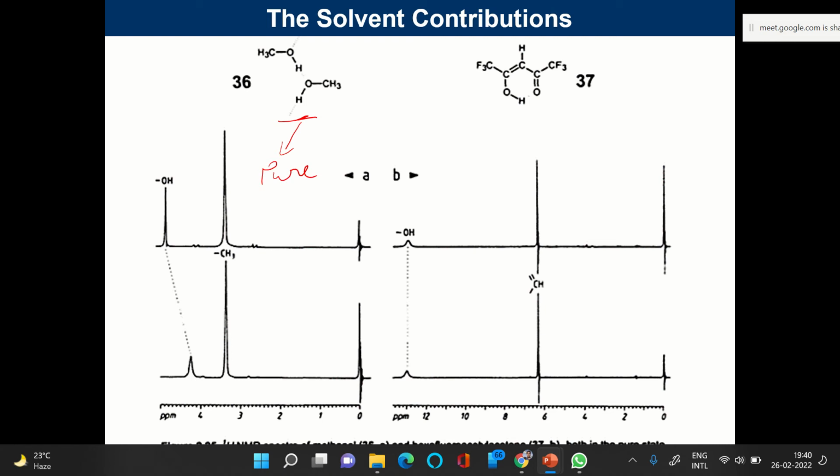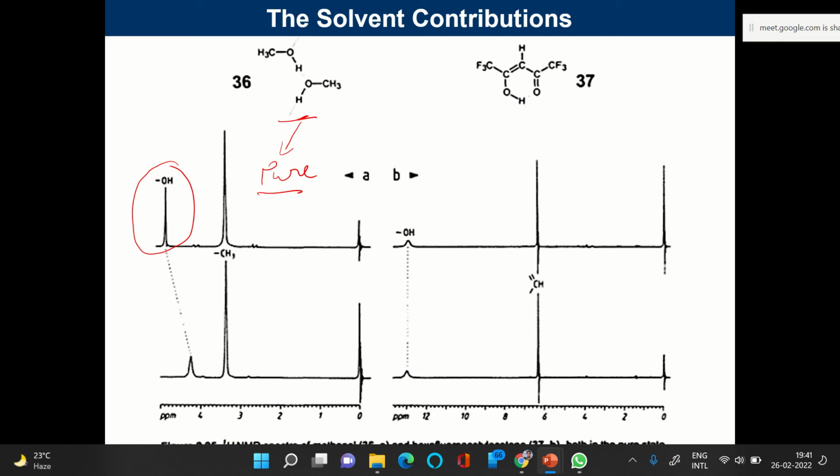In pure methanol you have so many methanol molecules, each one of them having hydrogen bonding interaction. So you can see that in the case of pure methanol, 100% in the pure solvent, you are having this at a higher value. The hydroxyl proton appears at a higher value,